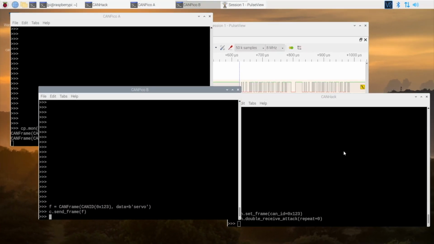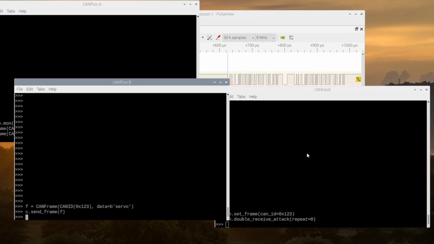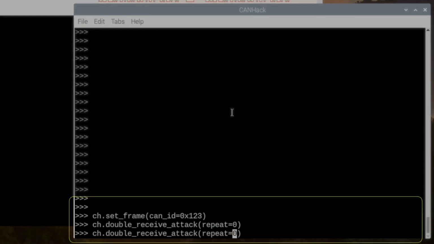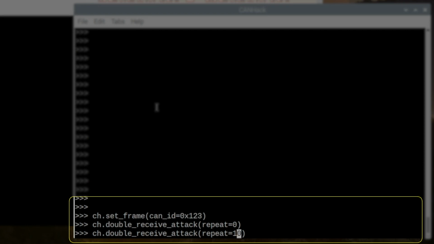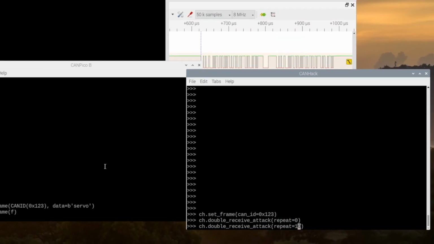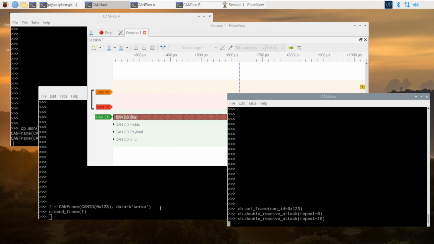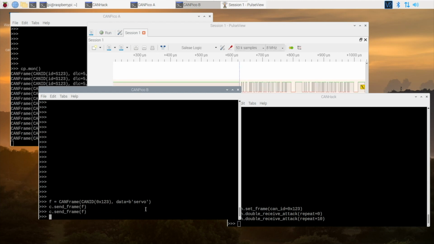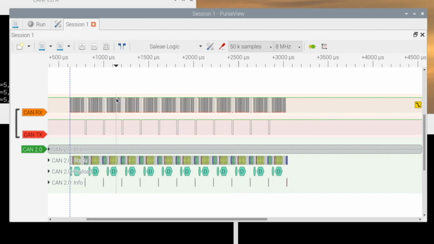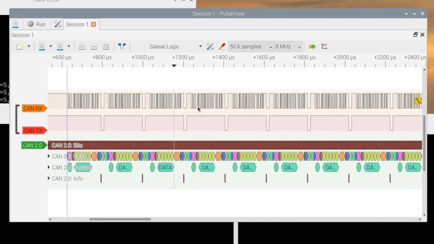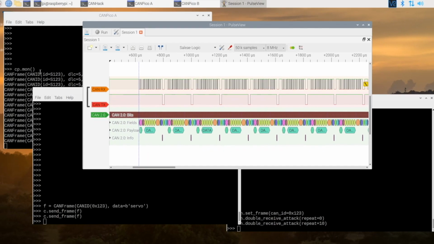We can also mount multiple attacks on this and send the frame more than just once extra. So we could send it, for example, 10 times. So if we get ready, arm the logic analyzer, mount the attack, send the frame, and look here. There's been a whole burst of these frames being attacked and resent.